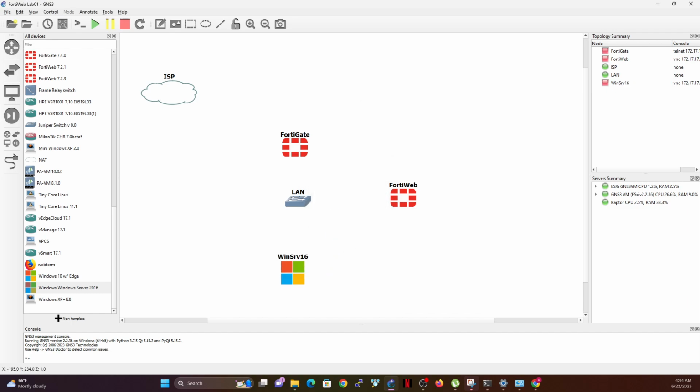So what I'm going to do is to then connect all this. Connecting my FortiGate on port 1 to my LAN, and connecting my switch to my FortiWeb on port 1, and then connecting this to my server. This is just a very simplified setup. Of course, in your network you can have multiple servers, but we're going to simulate this environment to make it a simple one. Now, I'm going to break this video into a series.